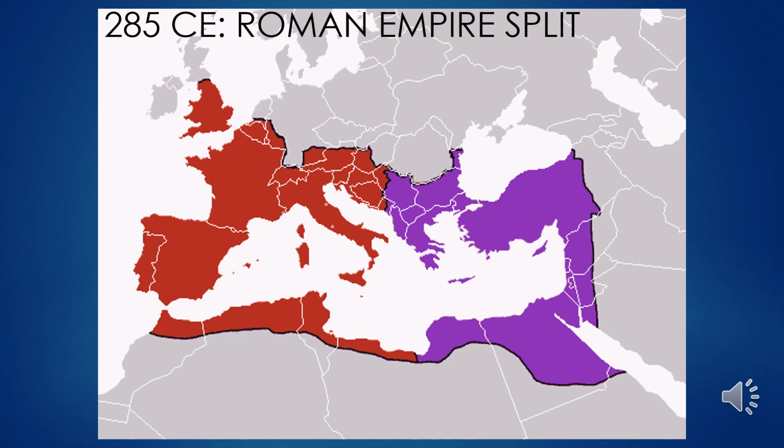So here's perhaps a more clear graphic of how the empire was split up, with the red areas being the Western Roman Empire and the purple being the Eastern Roman Empire. The Western Roman Empire is going to continue to have strong Roman design influences, and the Eastern Roman Empire will have Eastern design influences. So later it was called Christianized Greek culture in the Eastern Roman Empire, and Byzantine art became more symbolic and less naturalistic as a byproduct of Asian influences. So we'll see that coming up too.